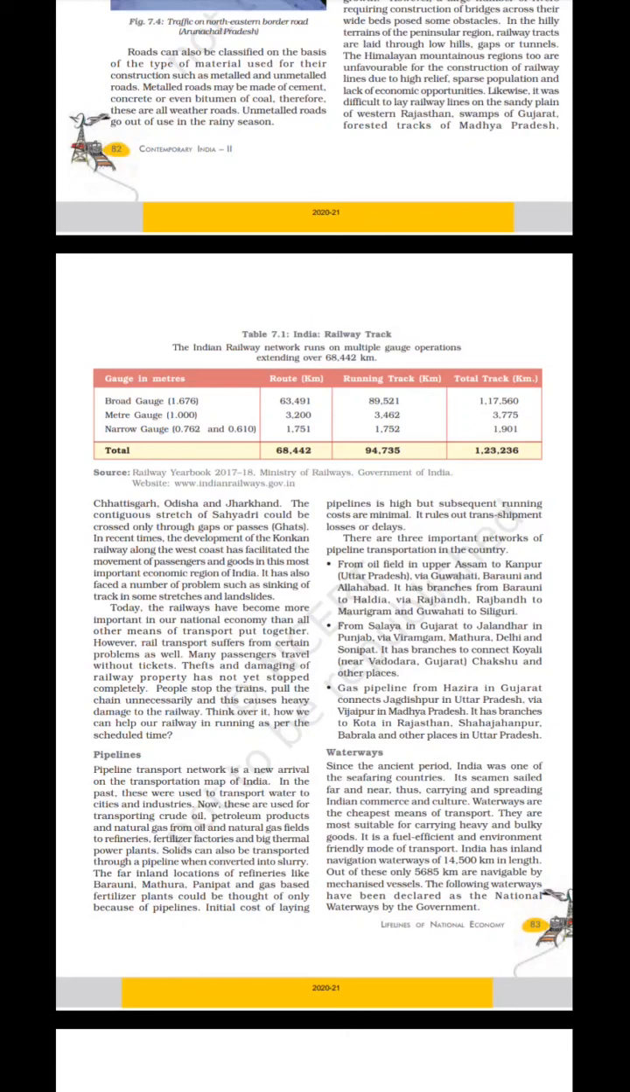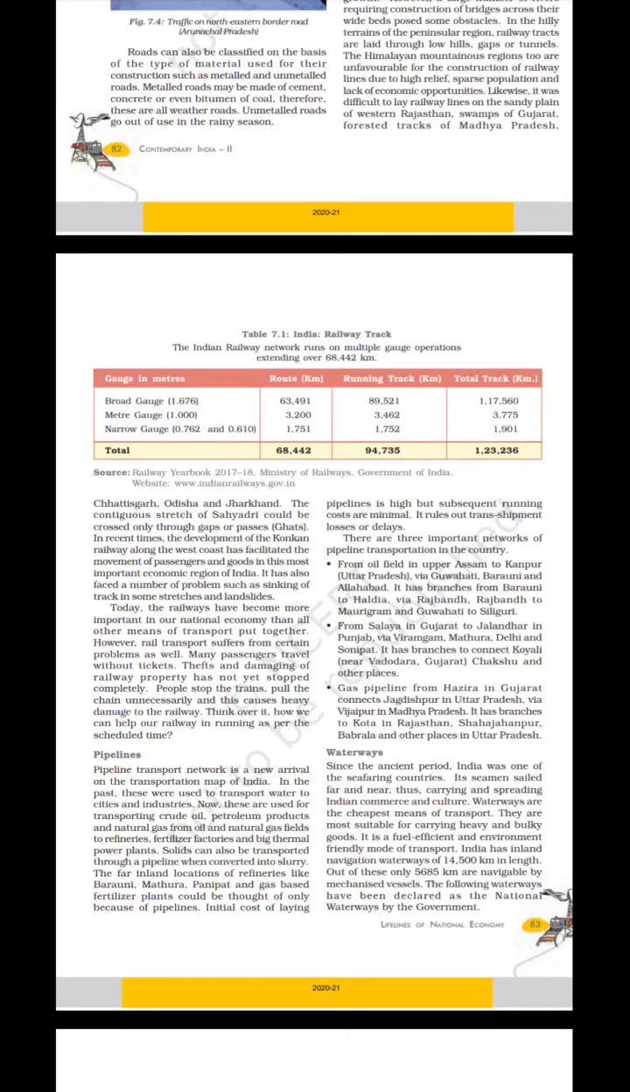The Indian Railway network runs on multiple gauge operations extending over 66,687 kilometers, excluding Metro Kolkata. Gauge in meters, route kilometers, running track kilometers, total track kilometers. Broad gauge 1.676: 60,510 kilometers in route, running track 85,614, total track 1,12,388. Metre gauge 1.000 meters: route 3,880 kilometers, running track 4,170, total track 4,747. Narrow gauge